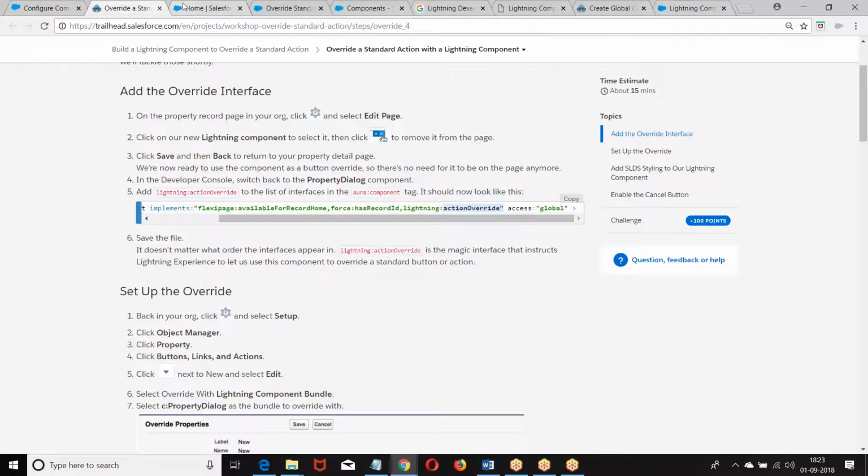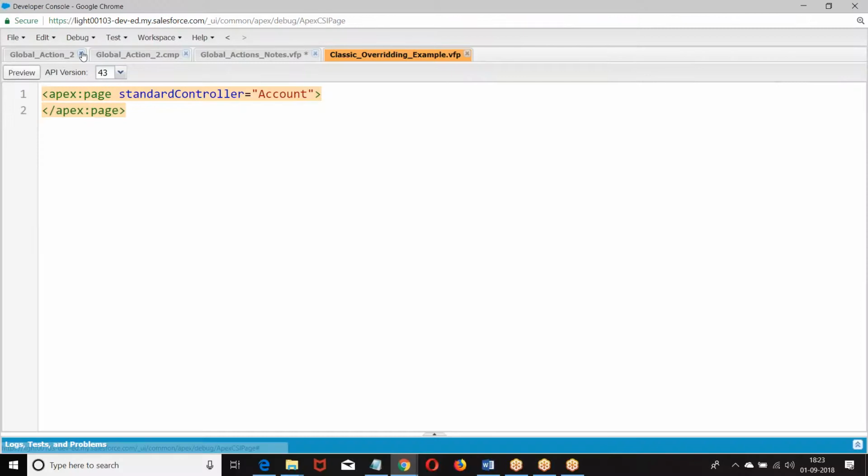Okay. Now, whatever object specific action you are creating, where do you want to give it? You want the action to be on the detail page. If you want this to be on the detail page, then we need to go for flexipage available for record home. You want this component to be added on the record home page. Now we are going for flexipage available for record home page. How will you get this? Let me give you the basic idea. If you are going for creation of a Lightning component, we are almost done with these interfaces. Let me give you clearly.